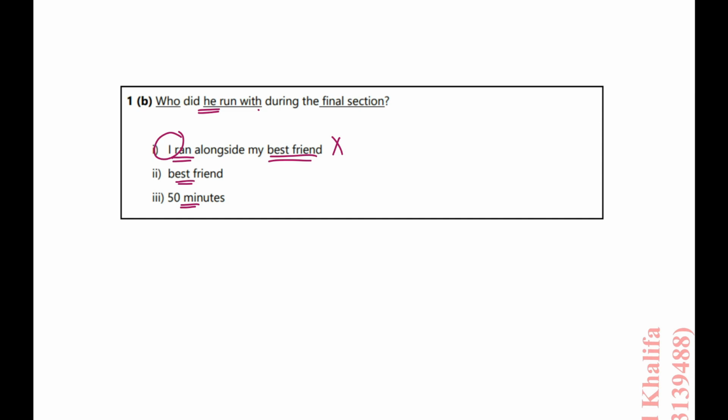Option number 2, of course, it is correct, and it is to the point, and it is 2 words. But option number 3, why is it incorrect? Because it is quite irrelevant to the question word who, so it has nothing to do with who. It's completely wrong. Okay, so this is a good hack as well to analyze the questions and to know exactly what the question is asking for.